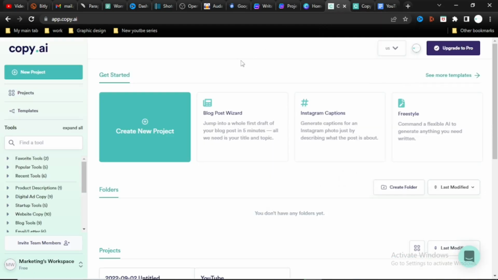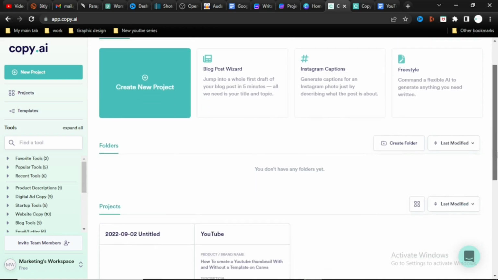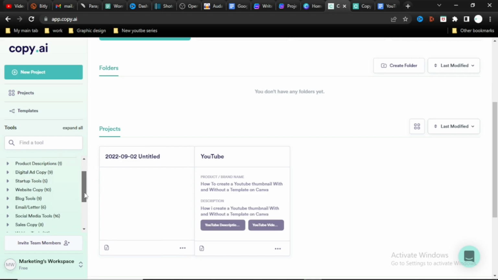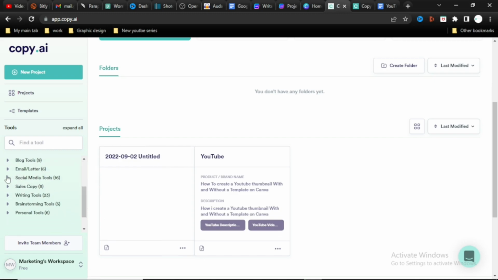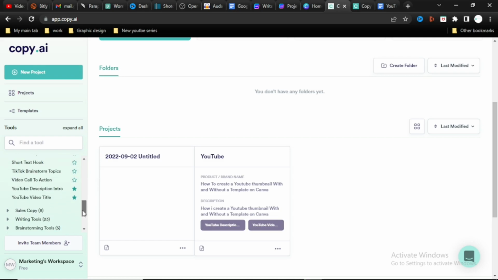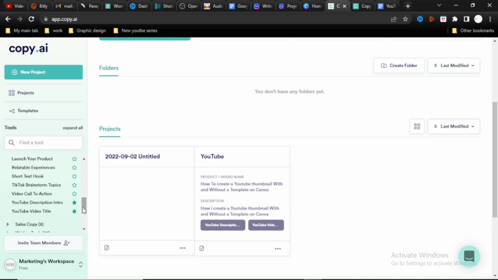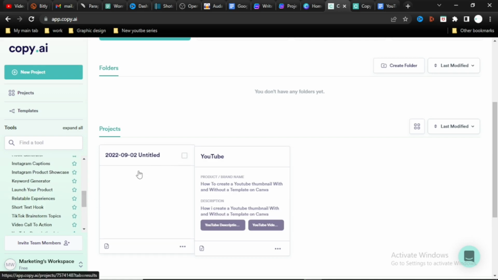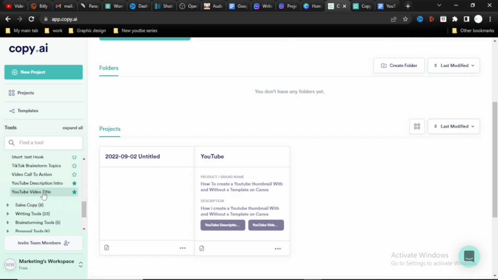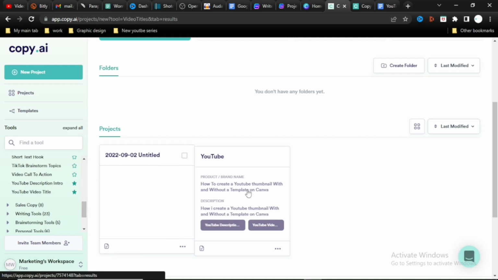But specifically for YouTube, there are particular tools I use in Copy.ai, and the tools are the YouTube video title generator and the hashtag generator, and sometimes I use the description intro. You can find these tools under the social media tools. All you have to do first is to create a new project and then choose the tool you want to use first,